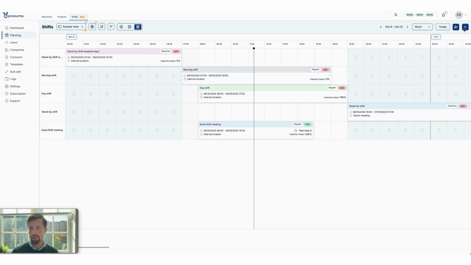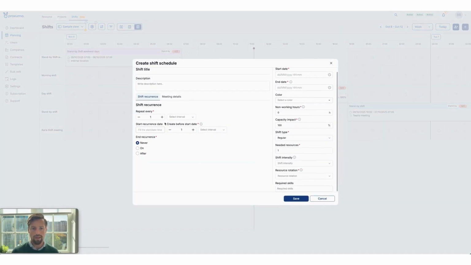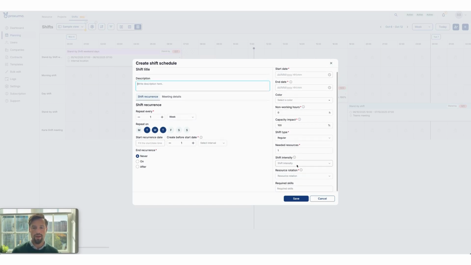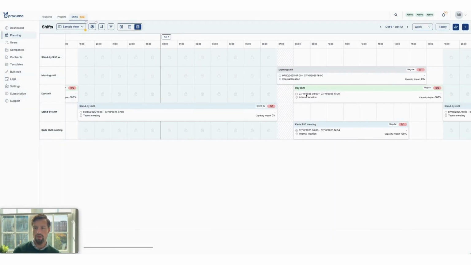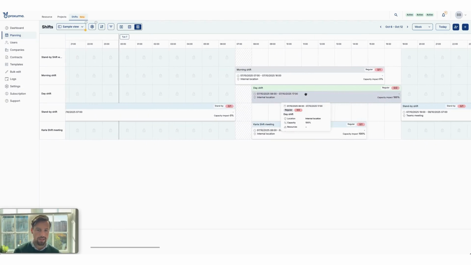So the way it works, you do plus and then you create a shift schedule. So you give it a certain recurrence and a start and end time and date. And then there's a whole bunch of clever stuff to do with rotation, skills, intensity. That's really meant for later for an automated planner, an AI planner. And a lot of it is also for yourself to have a clever planning ahead of intensity and stuff to do with labor laws, like is this an on-call shift or